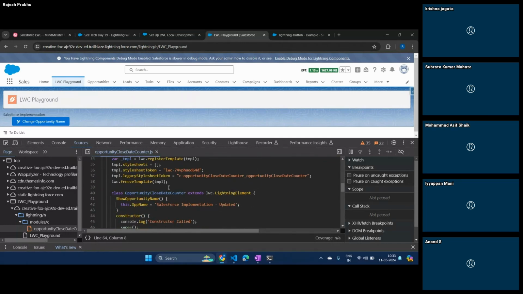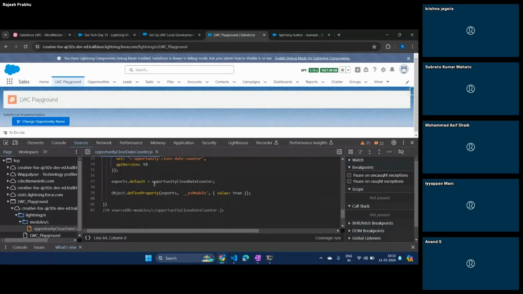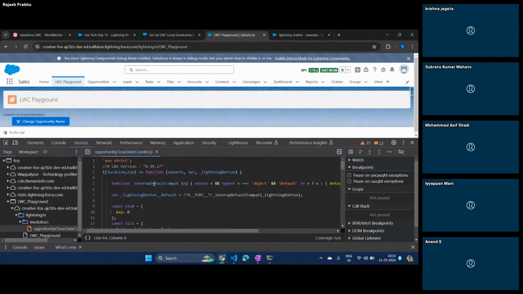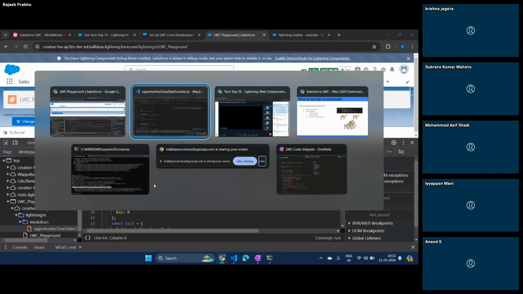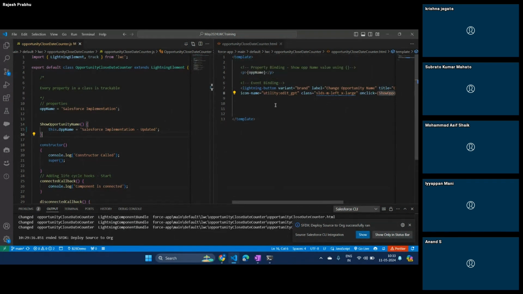But remember, I was just telling you in last week's session, whenever you write your Lightning Web Component code, Salesforce will take the code and do a lot of things behind the scenes. Under the hood, it adds, for example, the HTML tag. Everything is written inside the template tag. It takes the code and adds the HTML tag wherever required. It also takes your JavaScript code and